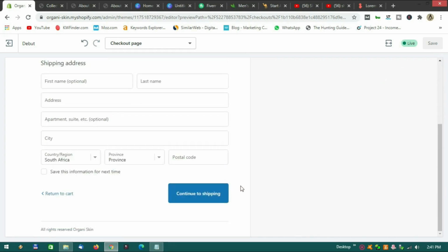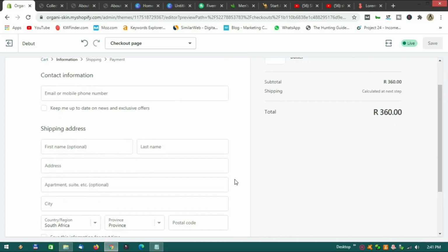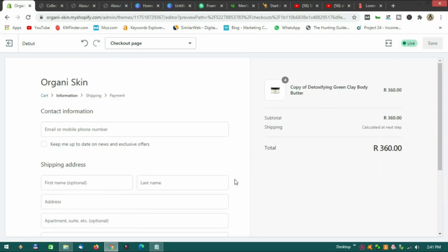So it won't allow us to continue with the shipping because we don't have a payment option at the moment. And I will also show you guys how to add a recommended payment gateway of Shopify, and that is PayFast. I'll also show you guys how you can add that payment for you, no problem. So let's go ahead and